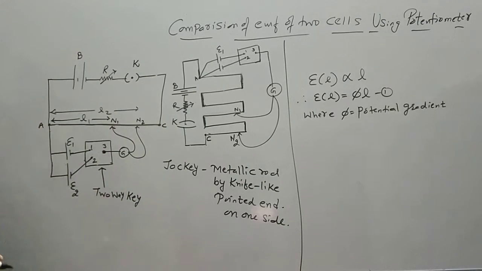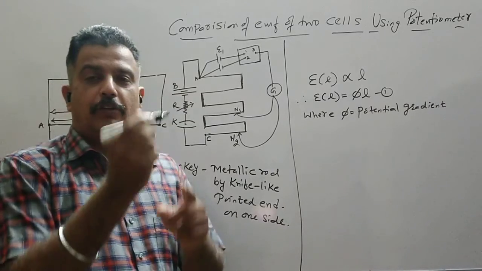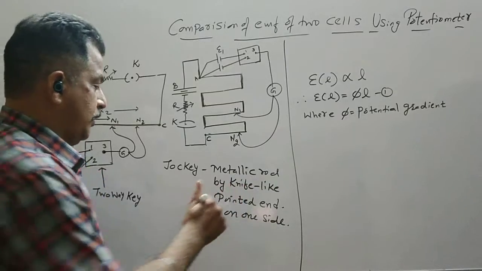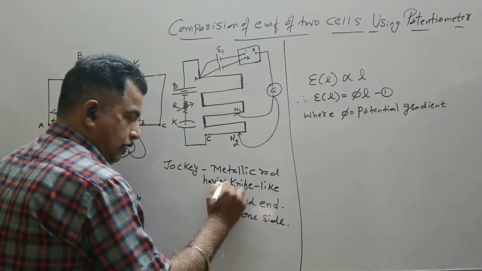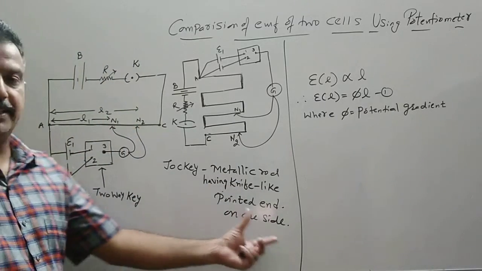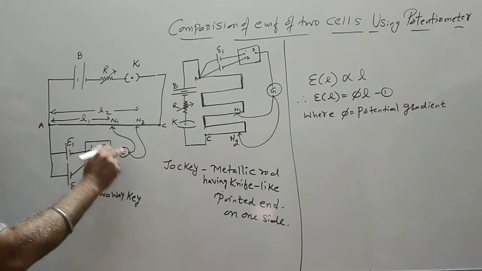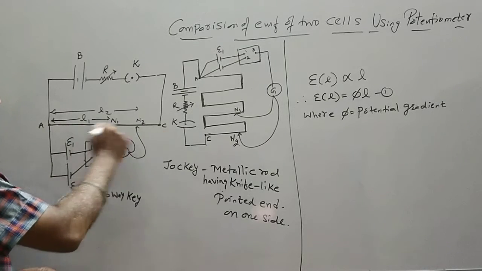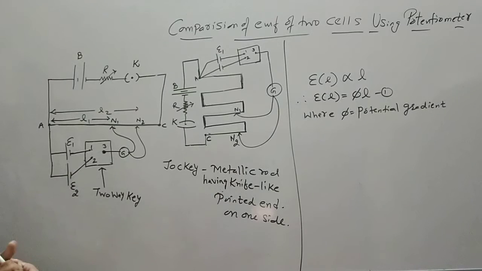AC is the potentiometer wire. So the pointed end of this metallic rod, it is a metallic rod having a knife-like pointed end on one side, will be helpful to determine whether the galvanometer shows a deflection or not. We will slide this jockey on wire AC, or the potentiometer wire. Now the experiment is simple. First,